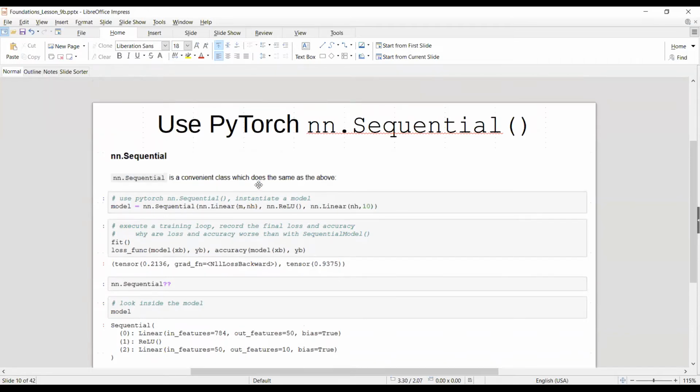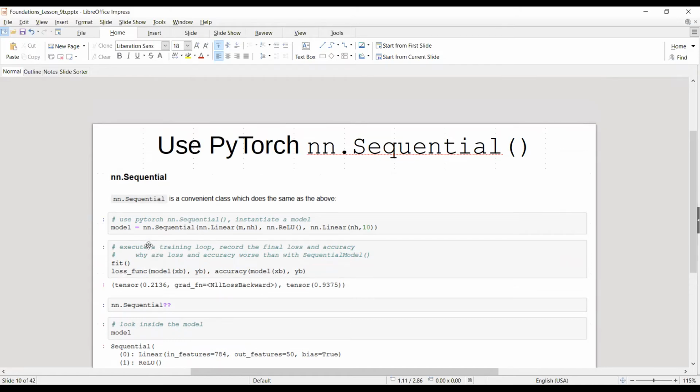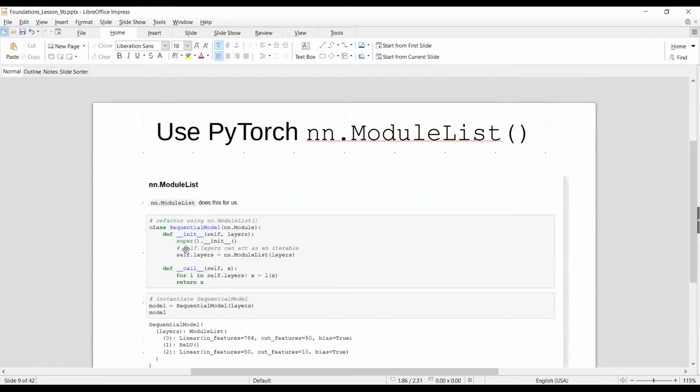And let's see. Oh, I'm sorry. At the bottom, nn sequential unit class. Oh, I skipped a page maybe. Let's see. Go up. Module list. Sequential model. Okay. And then so we get to use PyTorch nn.module list